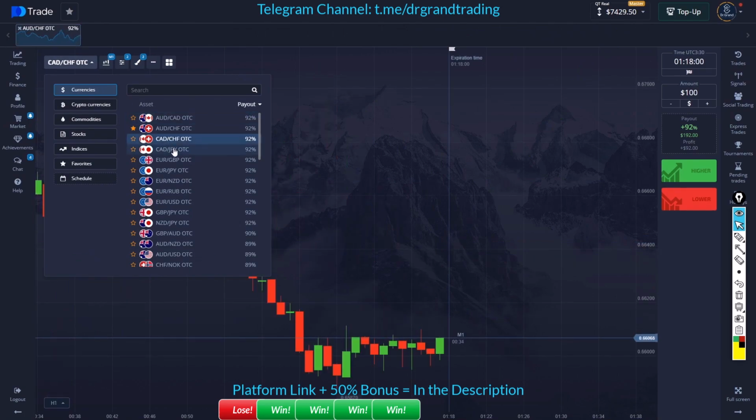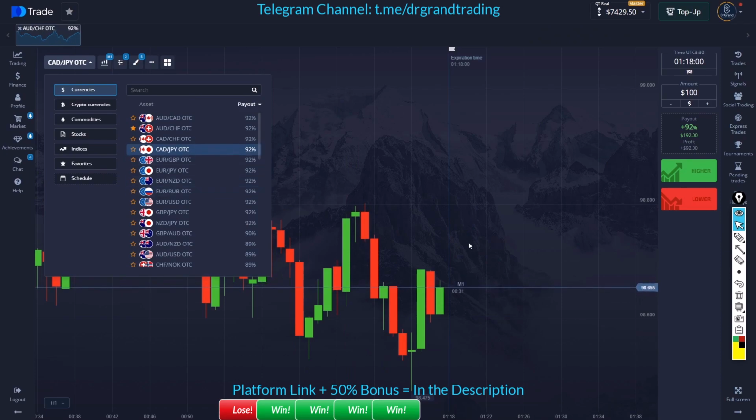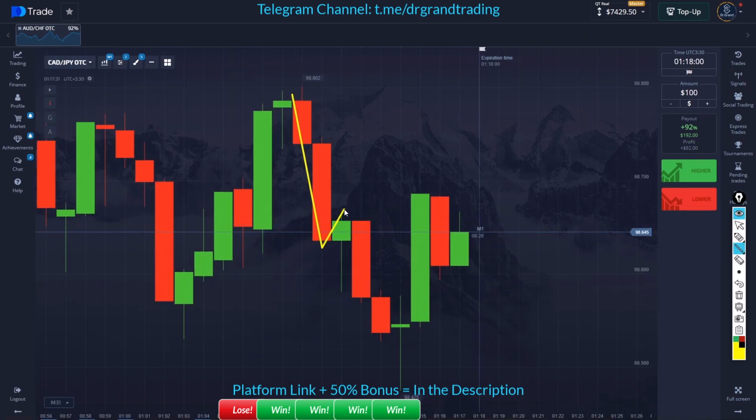All right, just like this one. Look at the supply area. You see the supply area. When we break this, normally sellers are getting triggered. Okay, when you have